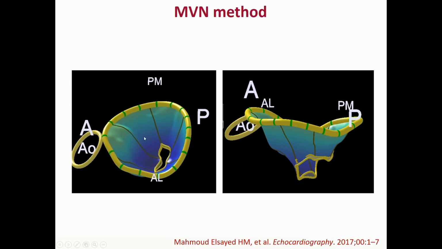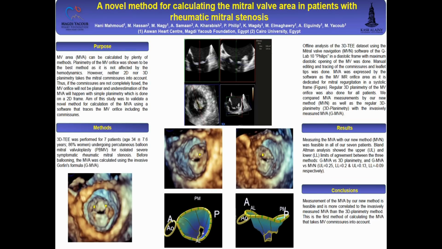And here we are looking from the left atrial perspective, and here from the side, to appreciate here that the commissures are at a different level than the tips of the mitral valve, which is the case in many patients, as we have explained. In December 2016, we presented this as an abstract in the EuroEcho meeting in Germany,